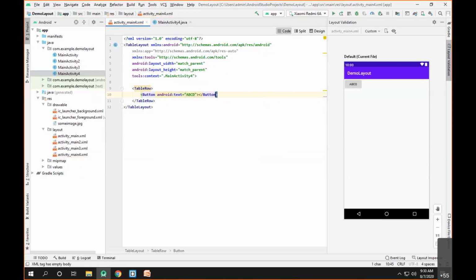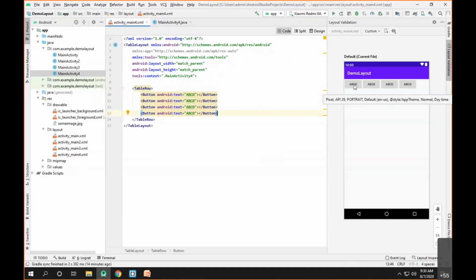Now let me add 4 such buttons: 1, 2, 3 and 4. Now we have total 4 columns inside the first table row.